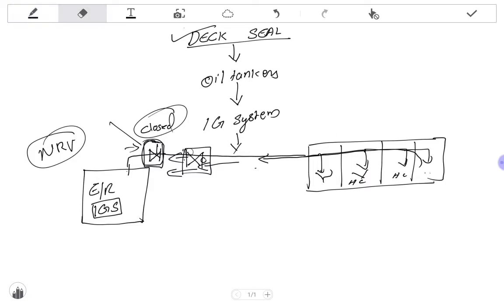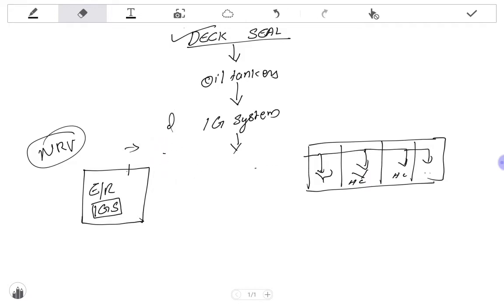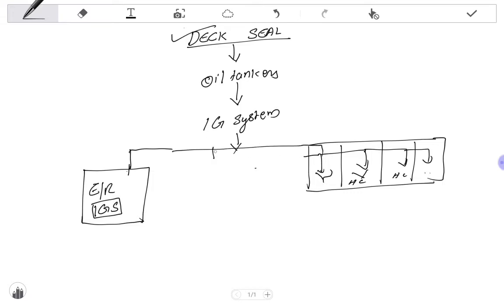So let's assume the inert gas system of the cargo ship is delivering inert gas to the cargo tank. As I told earlier, there is a non-return valve and a manual valve in the system. During delivery, all these valves will remain open, the NRV and the manual valve. But unfortunately, due to some technical problem, this inert gas system shuts down. Suddenly we don't have the time to go and shut the manual valve. It will take some time to shut the manual valve, and the non-return valve will shut automatically, but